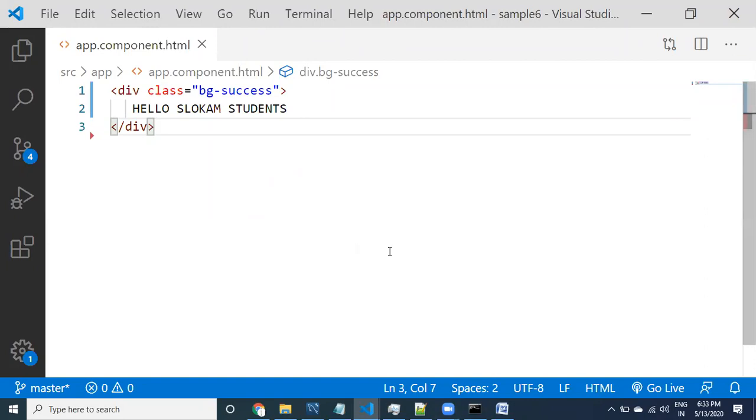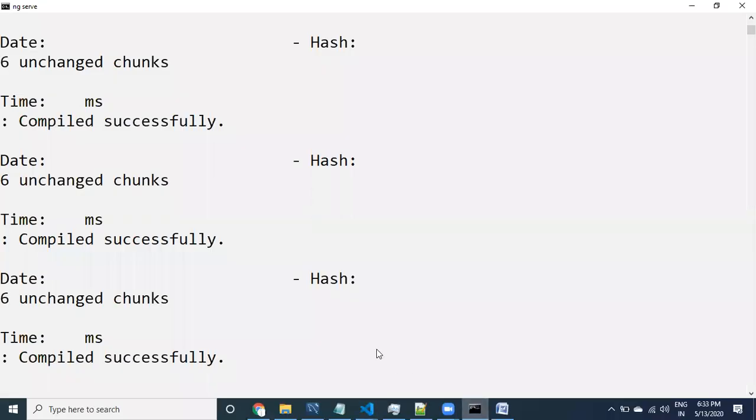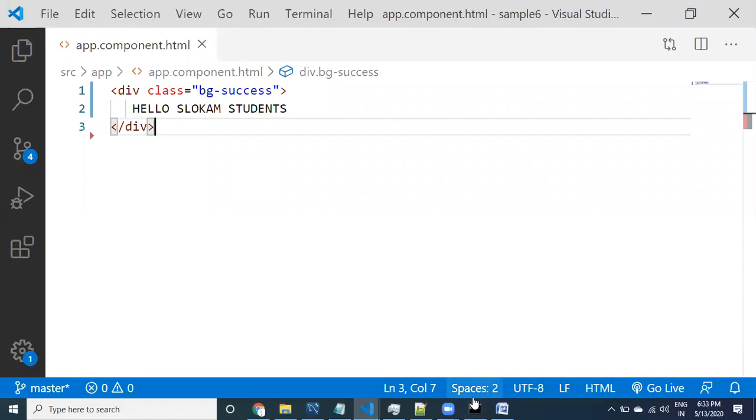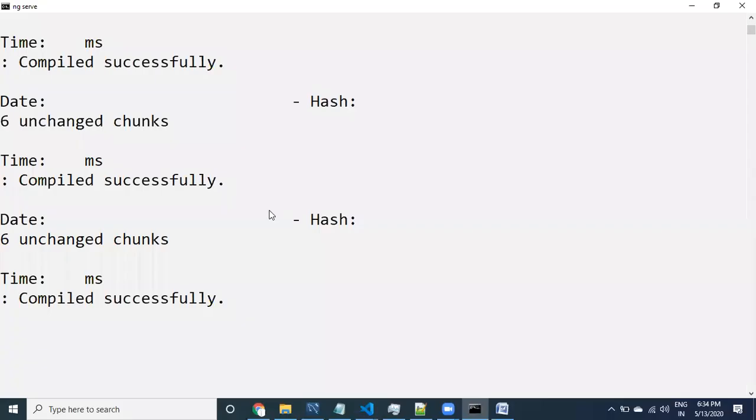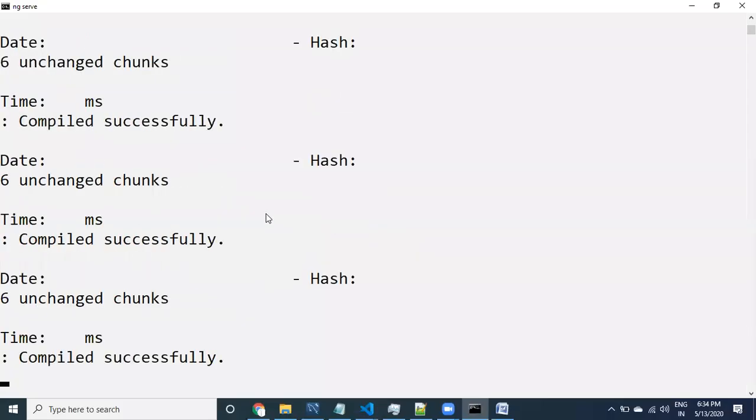We can create components in two ways. One is manually, and another is using a command. To do it quickly, I'm going to use the command. The server is running, and I don't want to stop this server.